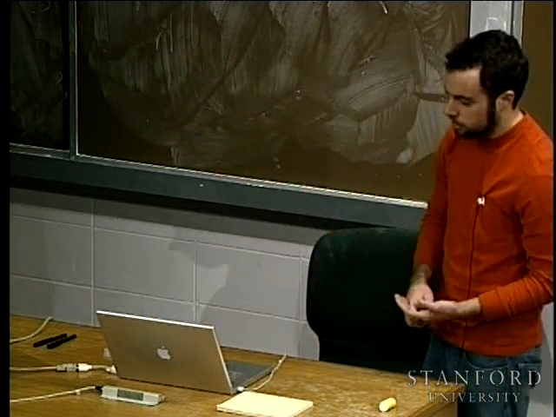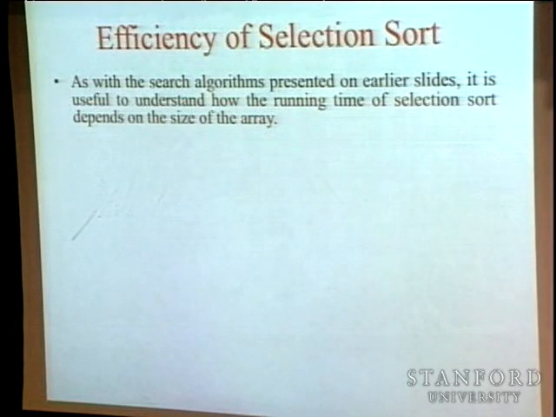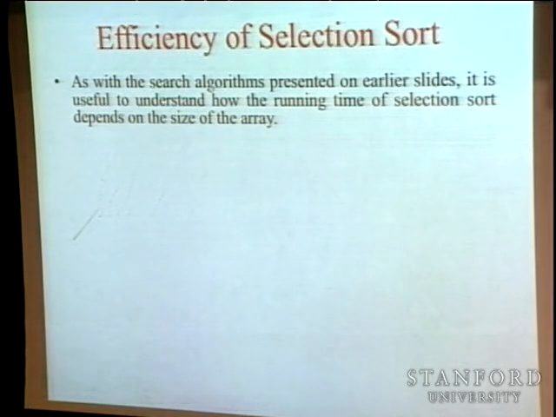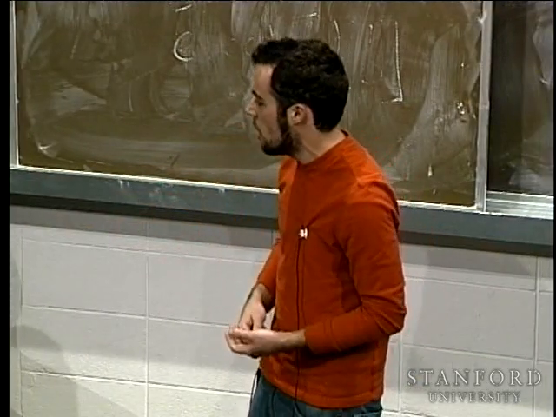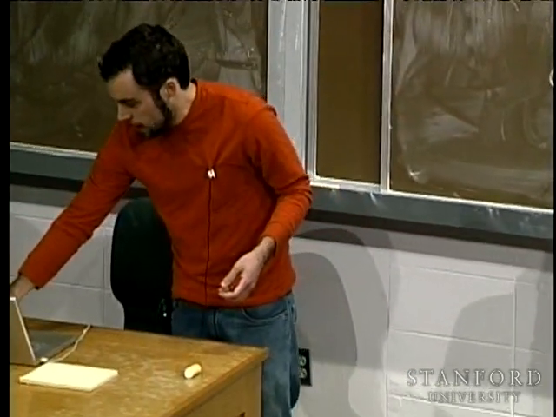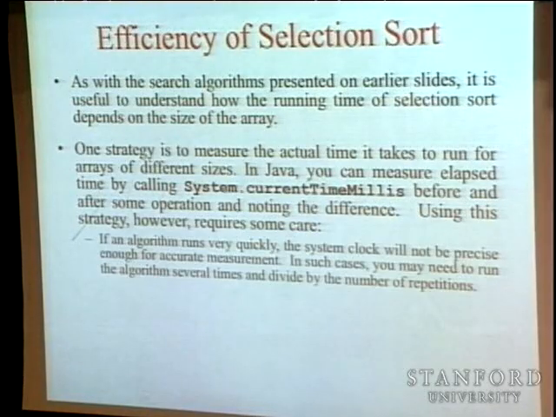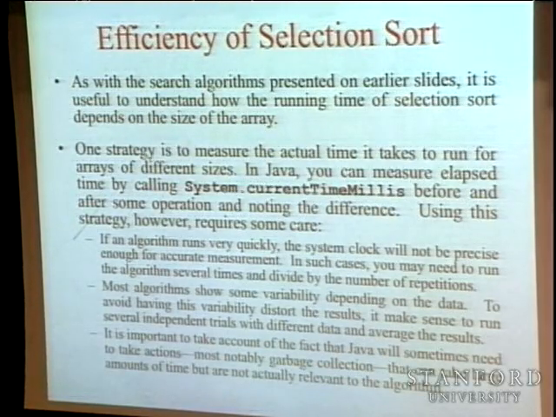So how efficient is selection sort? Well, if it's not okay to just give a number of seconds, we want to give some kind of proportion, as we did for the searches, right? And if you noticed, for every element of the array, we had to consider every remaining element of the array. If we wanted to be a little less efficient in some sense, we could have considered all of the elements and just ignored the ones that did not actually come afterwards. But we can calculate, in a rough sense, what that proportion should be in this case.